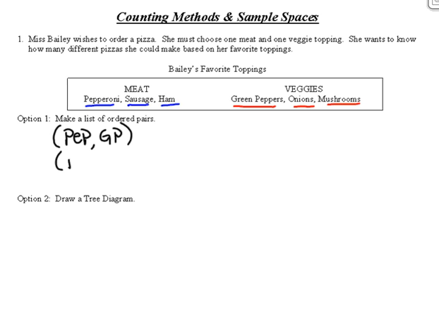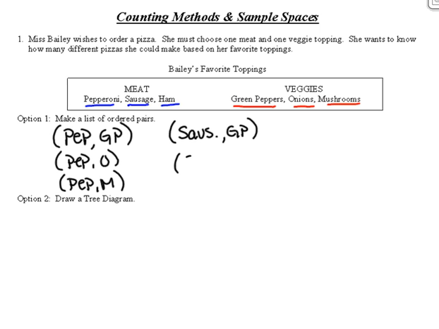Another pizza could be pepperoni with onions. And a third pizza could be pepperoni with mushrooms. Maybe I'd like sausage as my meat. So I could have sausage and green peppers, sausage with onions, or sausage with mushrooms. So right now I have 6 total different pizzas I could make, but I'm not done because I